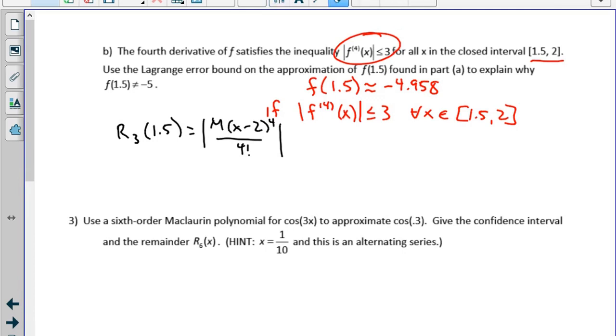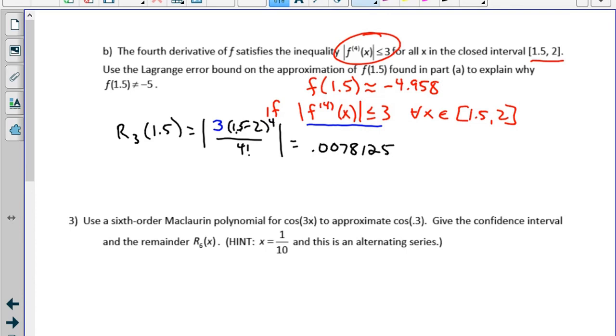And so I can replace m with 3 because I know that's the maximum possible fourth derivative in the interval. And then I can replace x with 1.5, and then I just figure out that equals